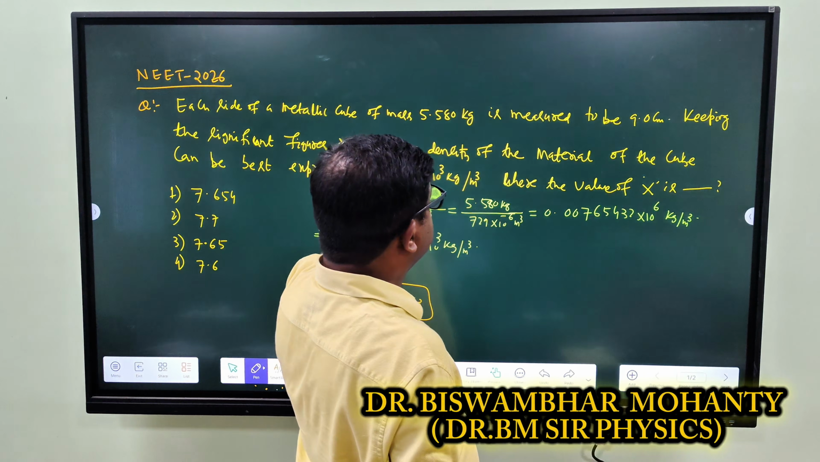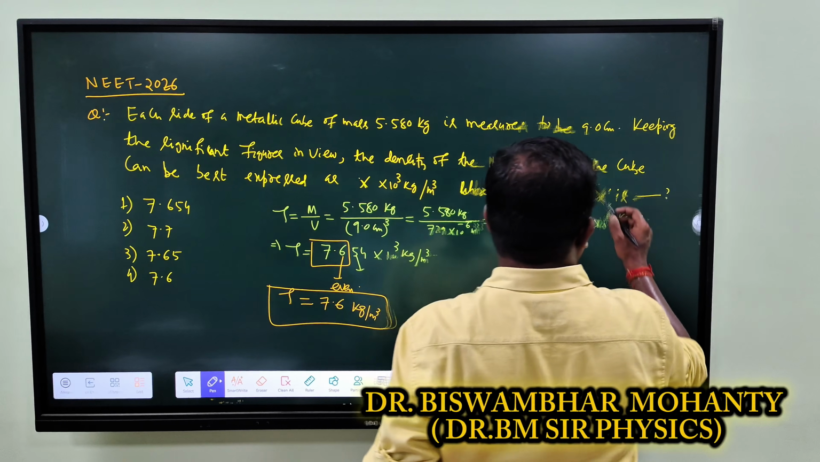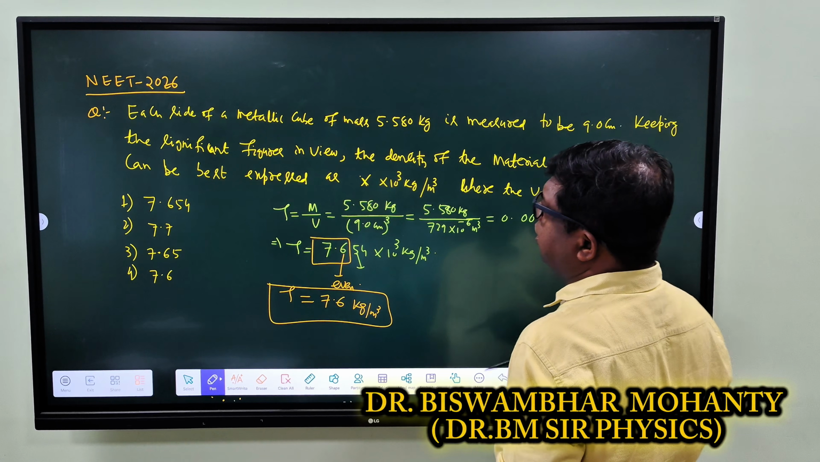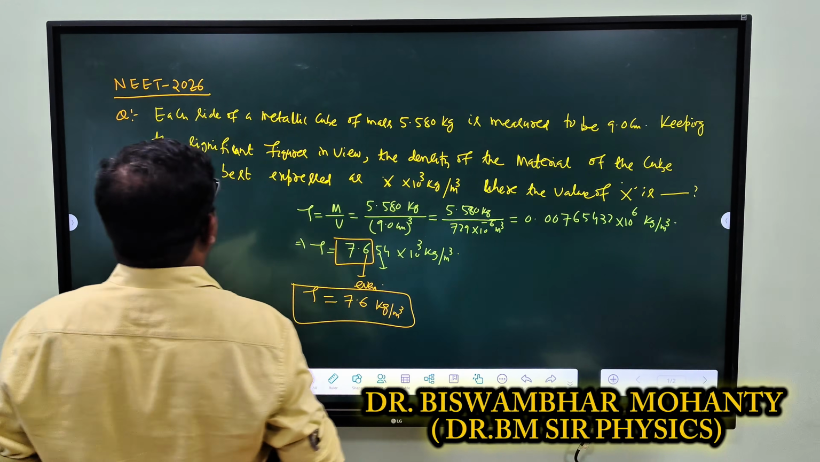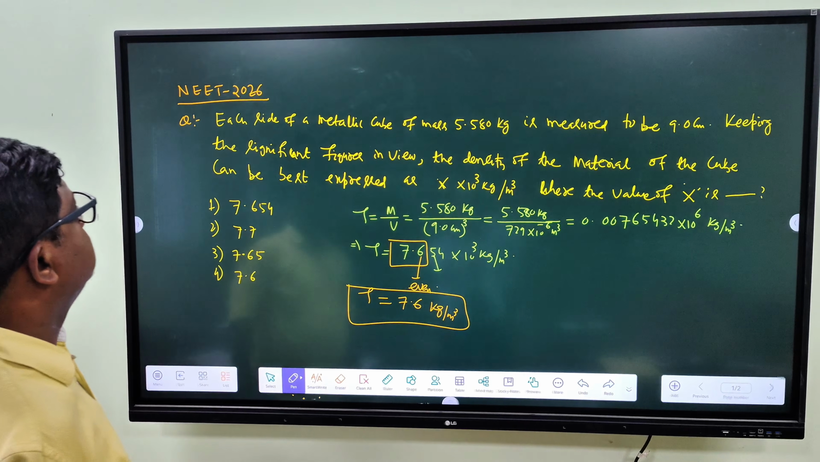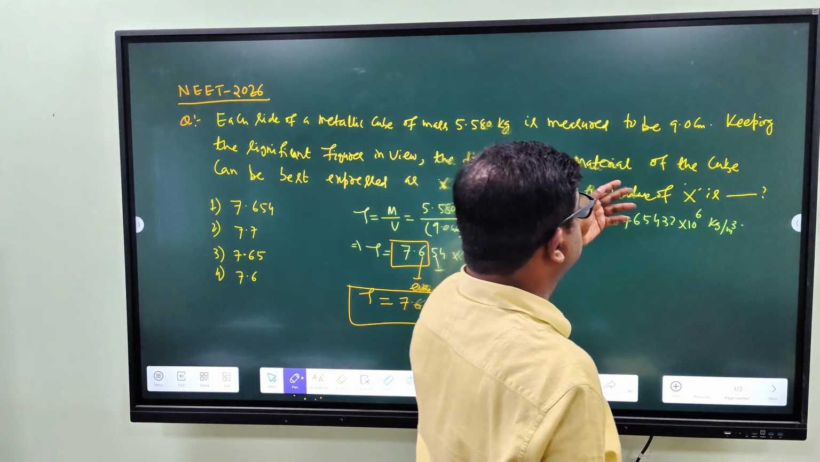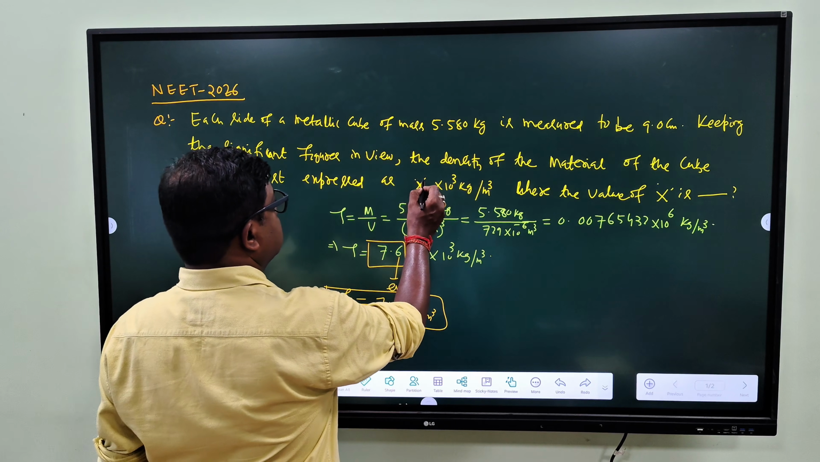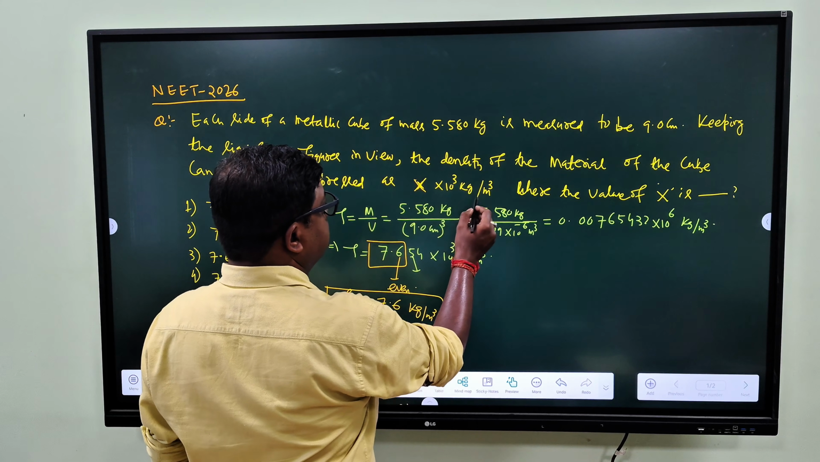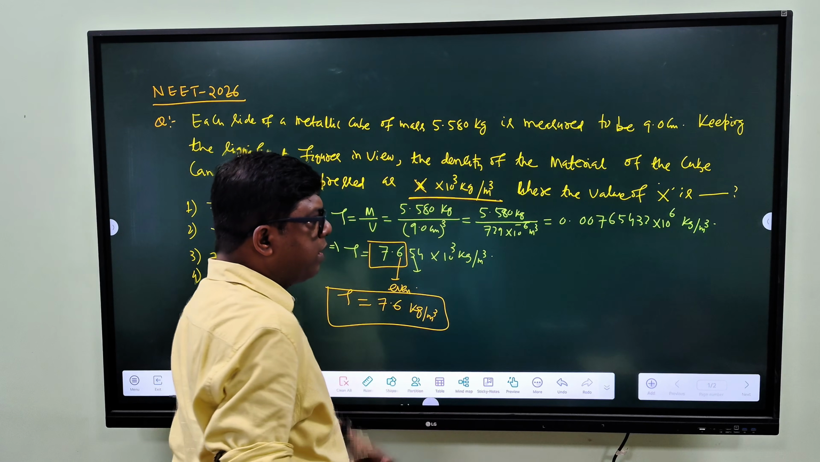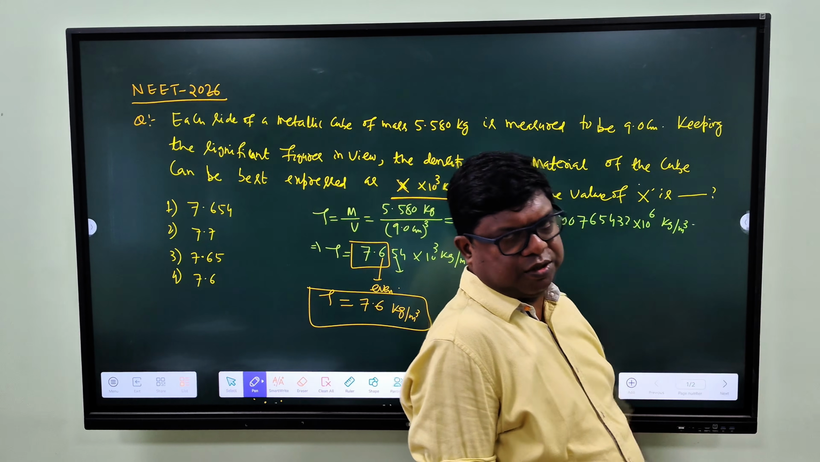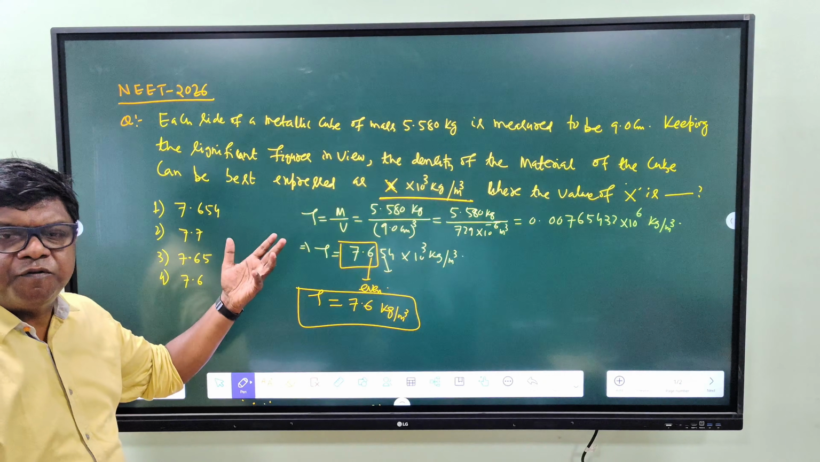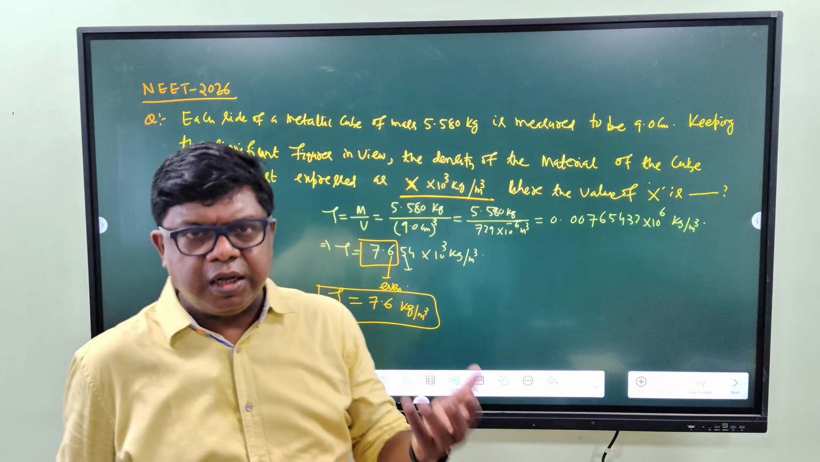5.580 kg is measured to be 9.0 centimeter. Keeping in view the significant figures, the density of the material of the cube can be best expressed as x into 10 to the power 3 kg per meter cube. What should be the value of x? हमको x का value exact, keeping in view of the significant figures, निकालना पड़ेगा।